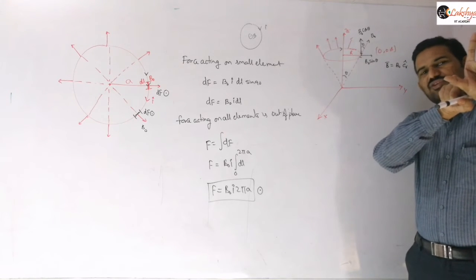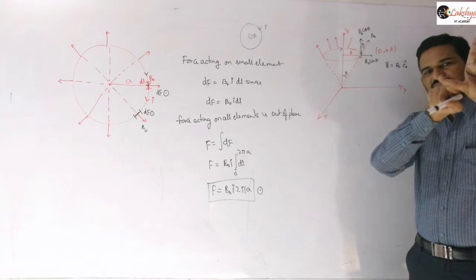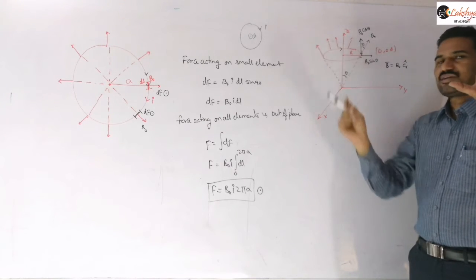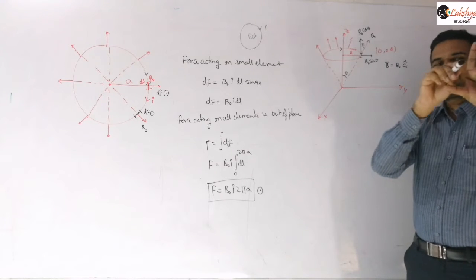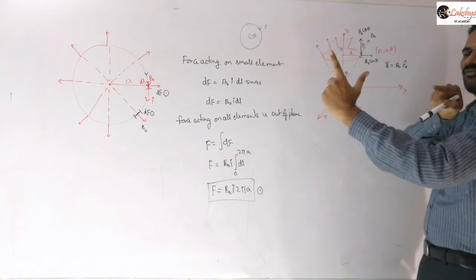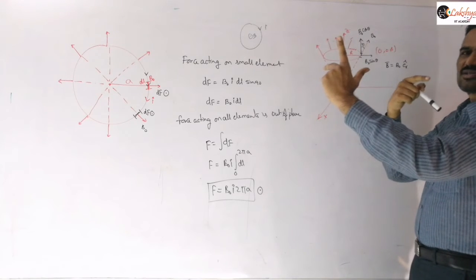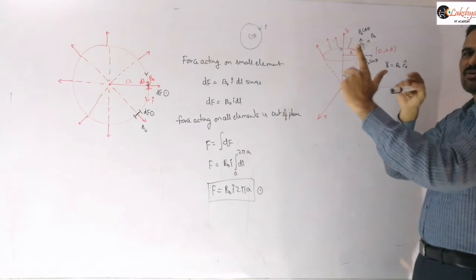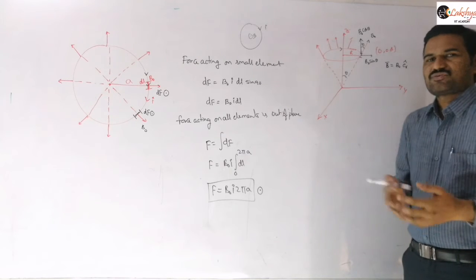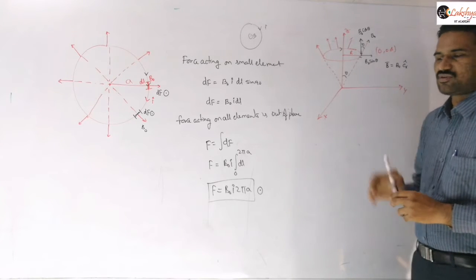Then due to that b cos theta, you will get a force towards the center. And similarly, if I consider this element here, where the current is into the plane, then there you will get it like this. Here the field is into the plane, and there the field is also towards the center, and here also the field is towards the center. So those two forces will cancel each other, and the force will be 0 due to that b cos theta.